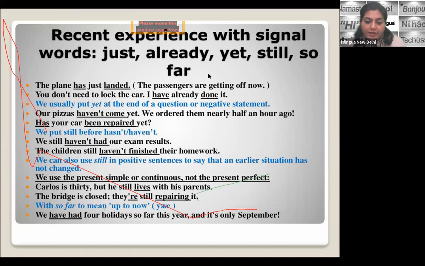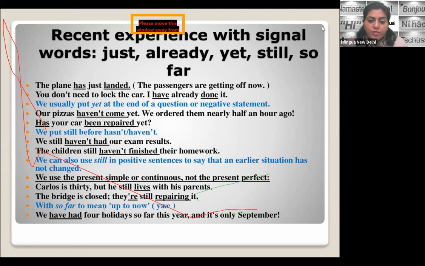Okay, all right. Yes, Ruchi, you're right. It's not necessary that the word still has to come before the word haven't. But it's better if you put the word still before haven't or hasn't. It sounds better and it is easy to make the sentence. Okay, all right. Now